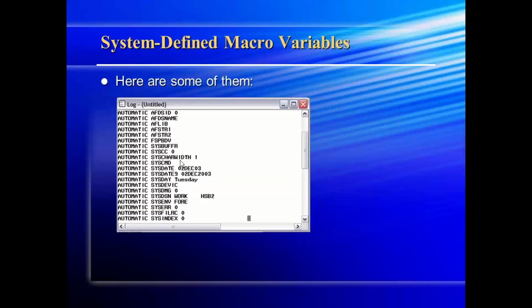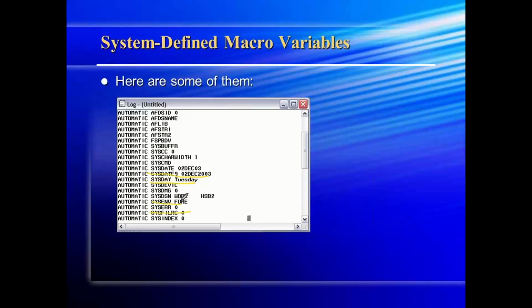Okay, so let's see, if I execute it, you'll be able to see a few entries like SYSDATE9, SYSDAY, SYSERR, SYSENV, all that. So all that we can get directly without recreating it every time.